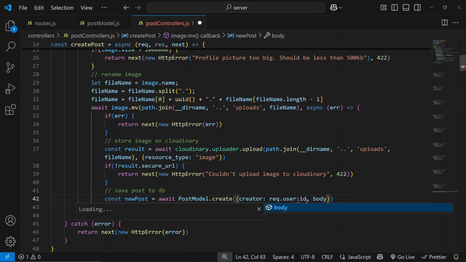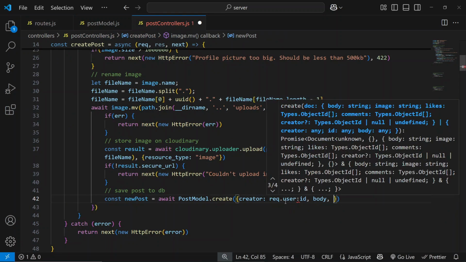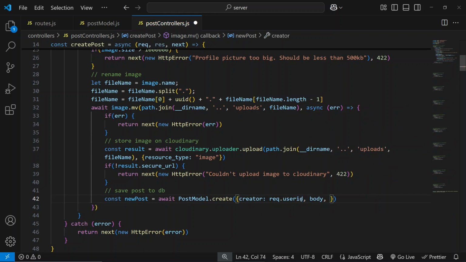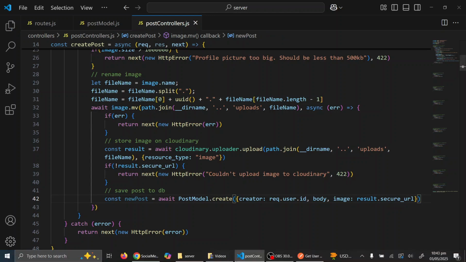Now we need a body, and, oh sorry, this should be a dot, and we need an image. Now the image is going to be the result secure URL, and that is it. Those are the three things we need for a post. All right, now once we have a post, we are going to add that to the user